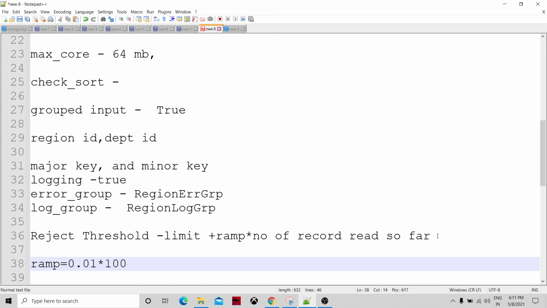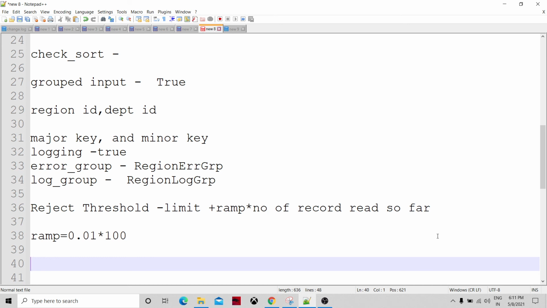So out of 100 records, it is allowing one record reject. If it happens more than one record in the 100 records read so far, then the graph is going to fail.